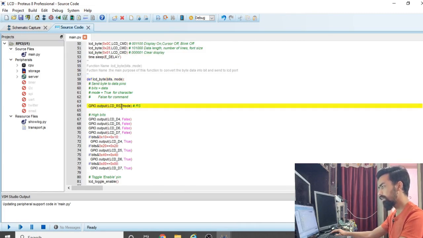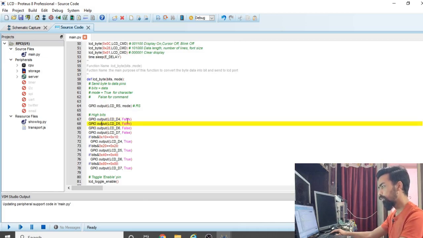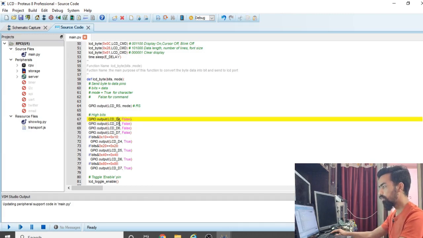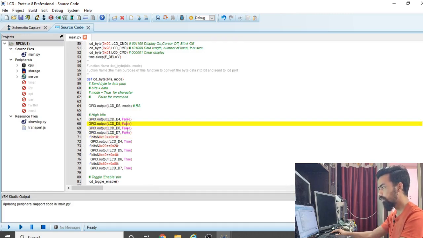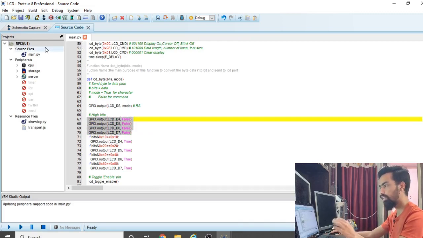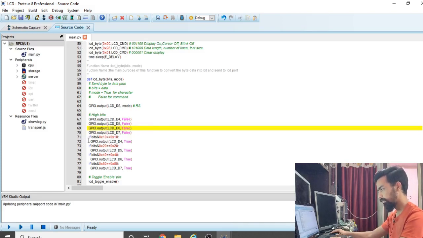The first part sets the command mode. Then with gpio.output, all our 4 pins, D4, D5, D6, D7, should be set to false by default. This means a 0 signal is sent on LCD D4, D5, D6, D7 by default.